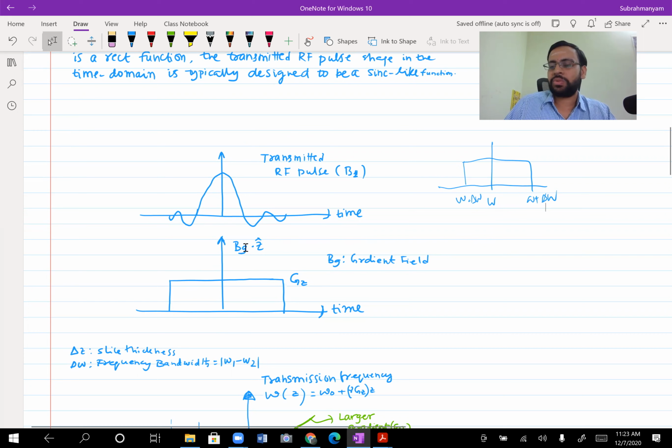If I just simply plot zz times z, I should have plotted it at the origin. Anyway, I'm adding it to b naught. If I just lift it by b naught, that would give me b naught plus zz times z. So it's no more uniform throughout spatially, but depending on the z value you have a variation in it. For each different x value and z value, this is going to be different. So each location is resonating spatially, and for different values of z the frequencies are different.